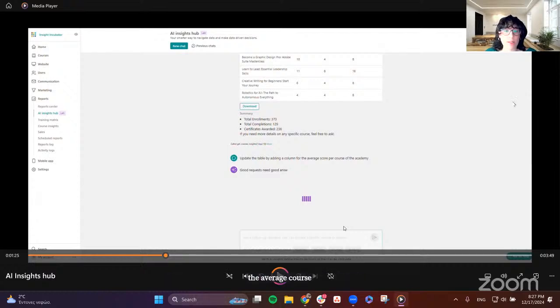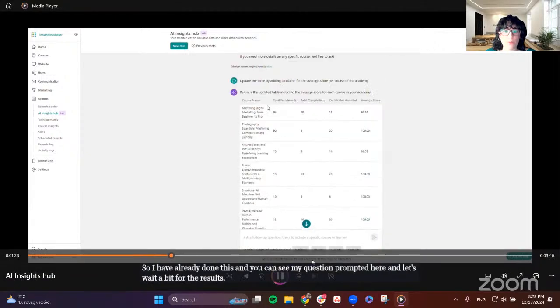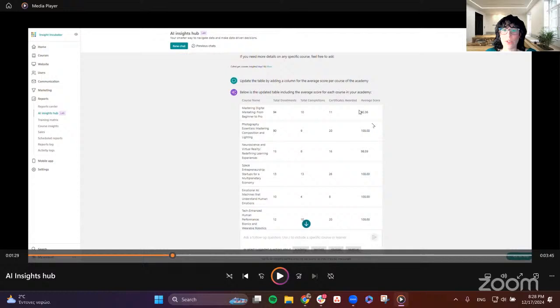So it's easy because you can directly ask AI to update the table for you in just a simple prompt. So I have already done this, and you can see my question prompted here, and let's wait a bit for the results. So you can see, like in the blink of an eye, that an additional column was added at the very end of the table.